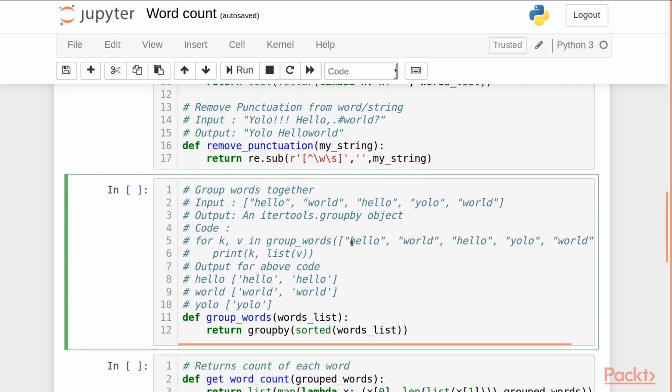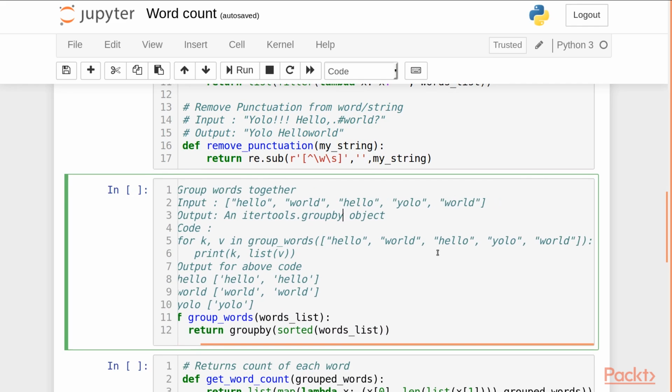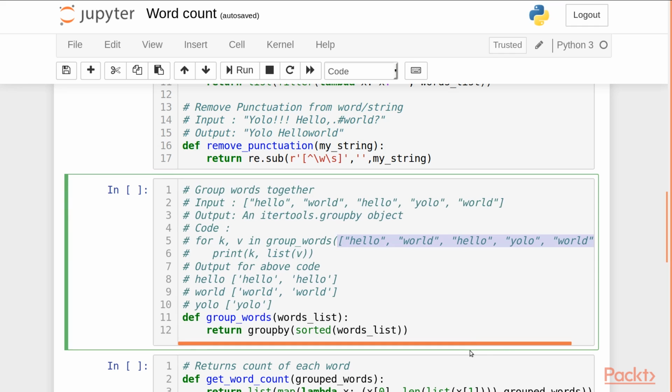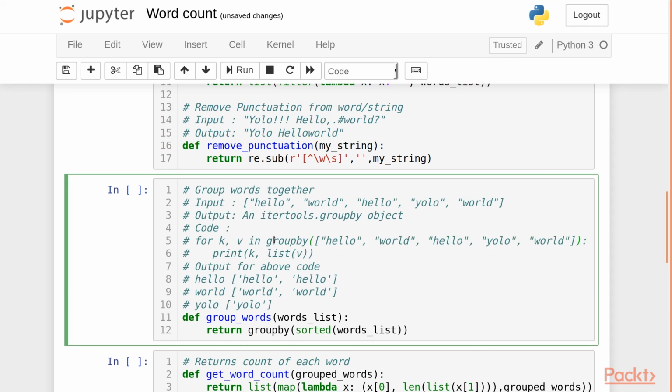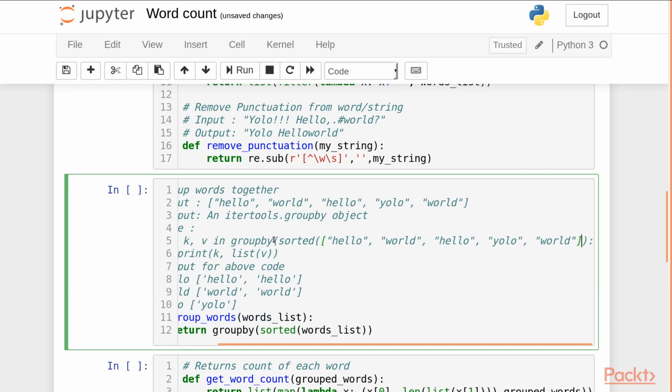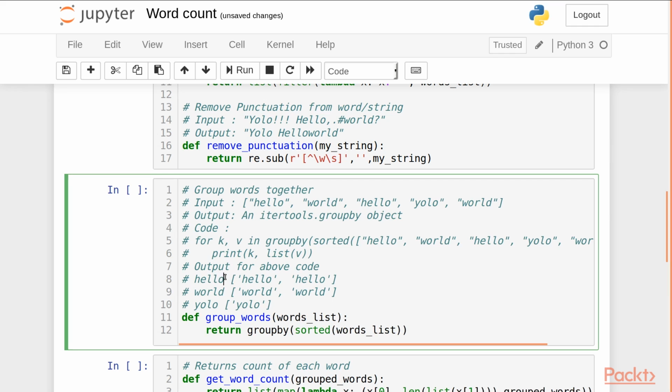So what this does is, if we pass this list of words inside itertools.groupby, something like this, it will return the word along with a list of the same word repeated the number of times it occurs